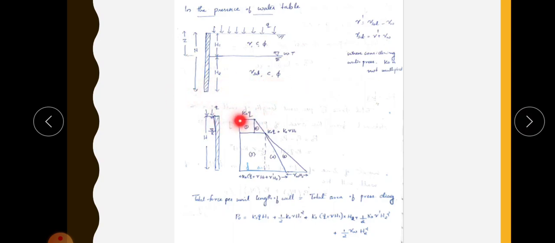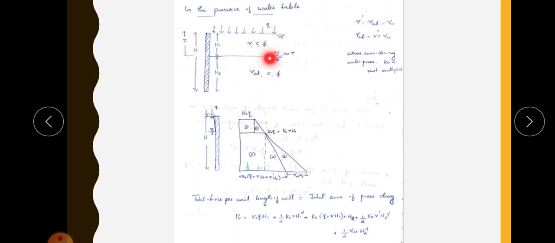So first we can start with the top surface. At the top, what is the force acting? Since there is a surcharge weight, pressure will be acting on the top, that is K naught into Q. If there is no surcharge weight at the top, the pressure will be 0. But here, since there is a surcharge weight of Q, at this point it will be K naught into Q, and this will be for a height of h1. So for this section you draw the rectangular variation, K naught into Q here and also K naught into Q. This is the diagram for earth pressure due to surcharge weight.